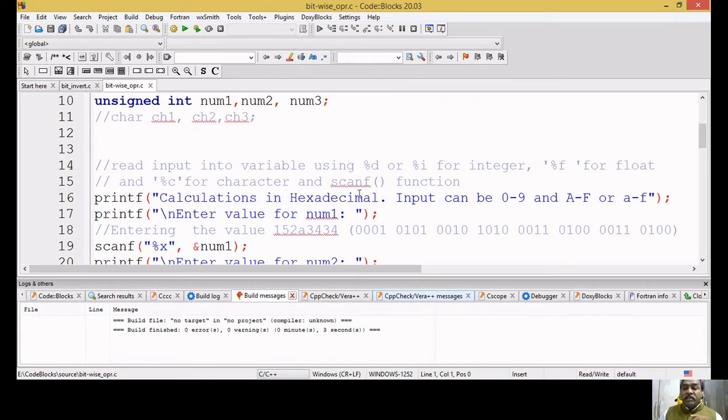Now printf: calculations in hexadecimal. Input can be 0 through 9 and A to F. That means for hexadecimal operation, you can give 0 through 9 and the alphabets A, B, C, D, E, F. These have numerical equivalents.